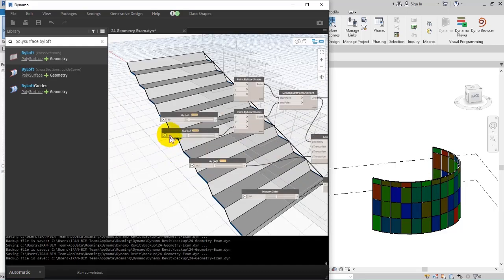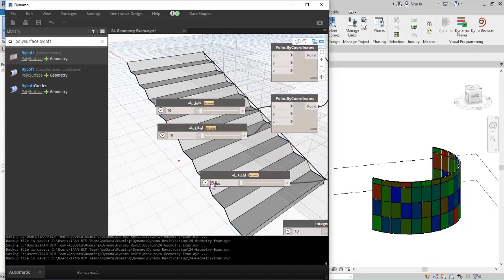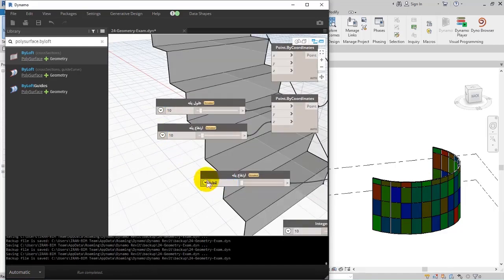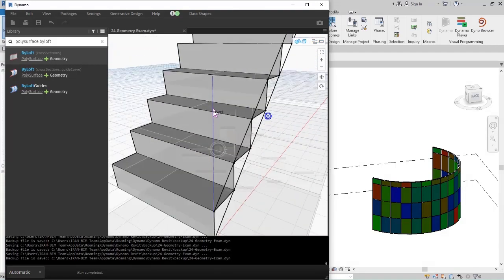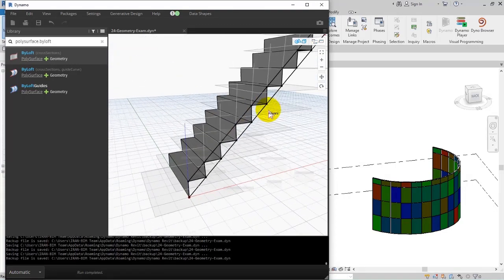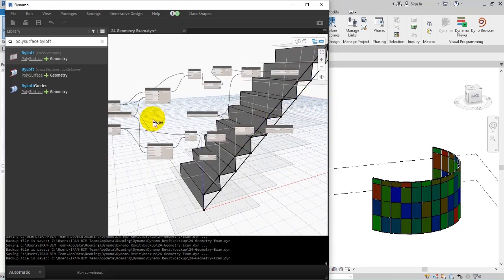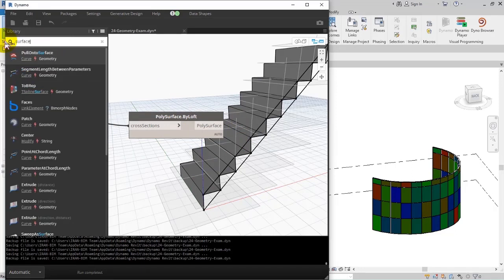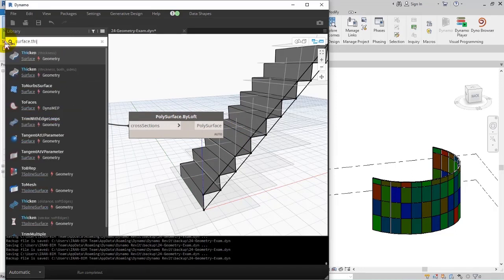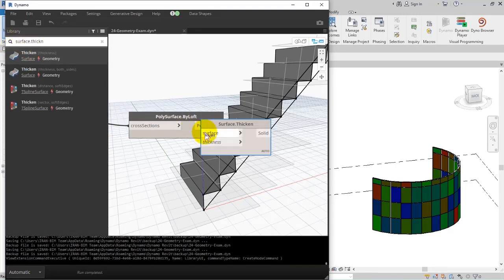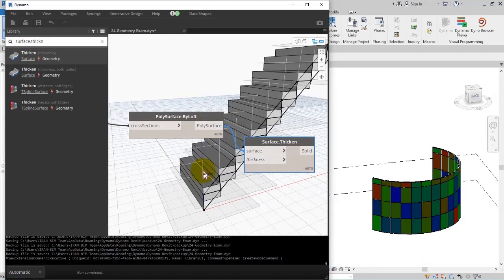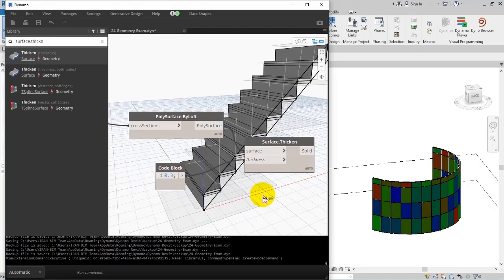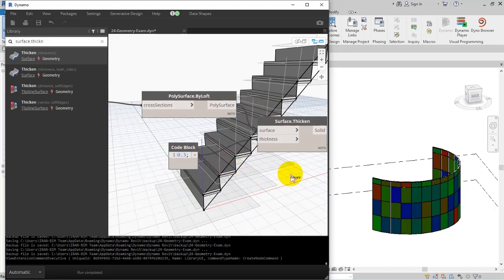Let's modify the number sliders. 10 and 10, 1.2. Check it out. But here I can add a thickness, for example. So I search here surface dot thicken to add some thickness. I specify the surface, check it out, and for the thickness 0.3. Look,